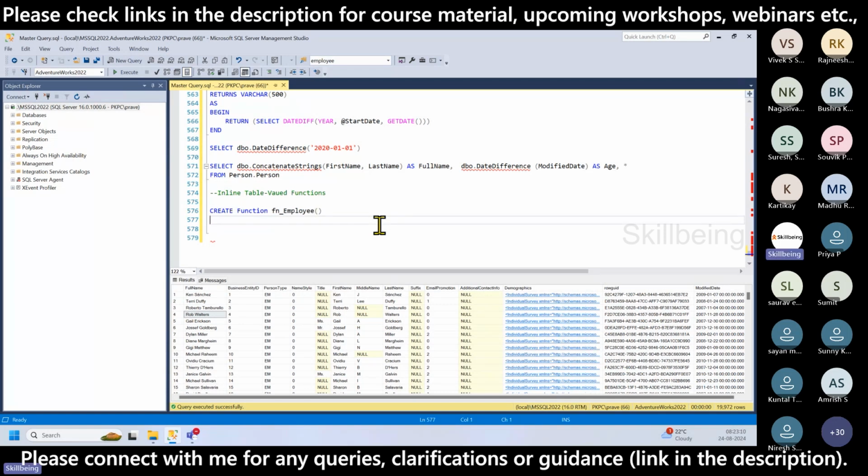If you don't have any parameters, you just need to use open parenthesis and close parenthesis. And here, function has to return something, either a scalar value, or in this case, a table. So we need to specify what it returns. It returns a table as,